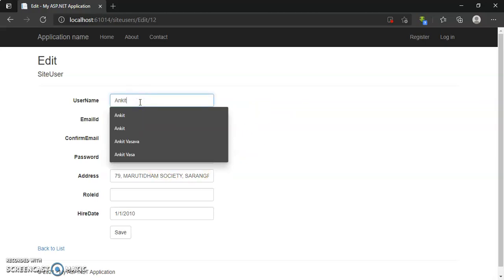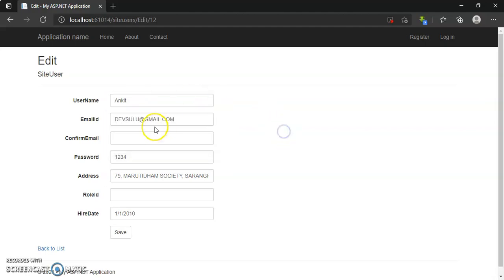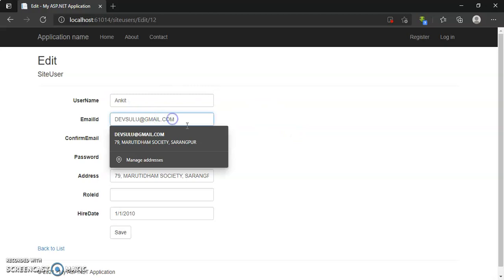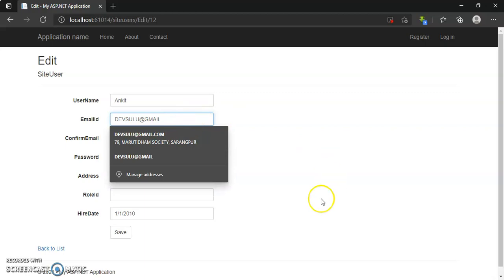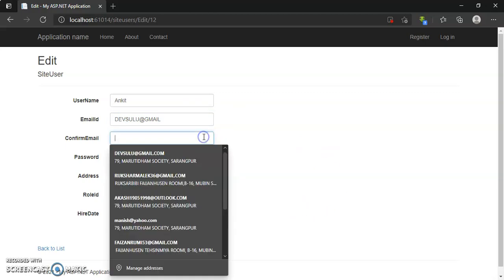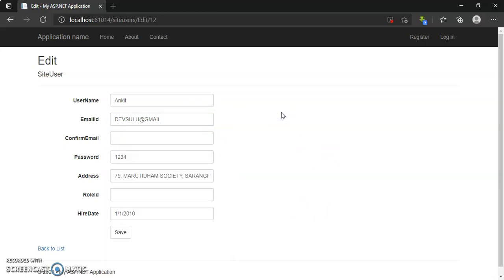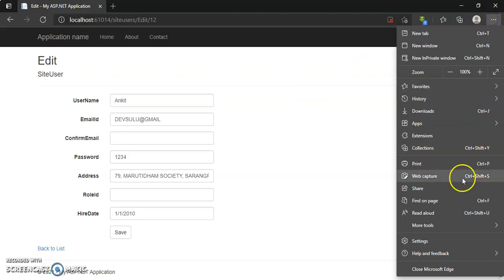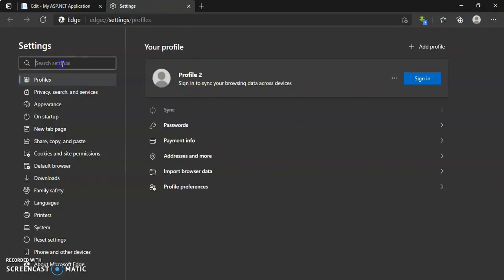So let's check this and give a space, or remove this. Presently the client side validation is not done. Why? Because in this browser, in the settings, JavaScript enabled is equal to false.